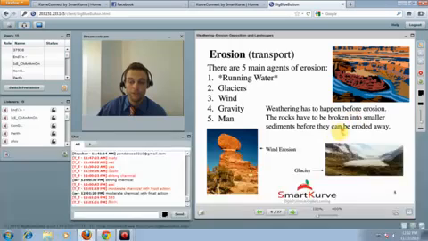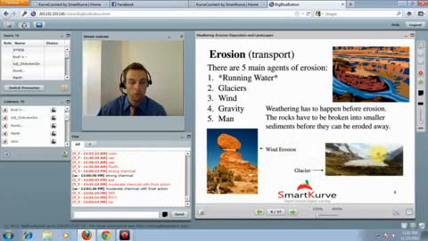For example, the glacier will transport boulders the size of a car 100 kilometers in the course of its lifetime, of its movement, and I'll explain it in a little bit. But just because we're talking about breaking down, you could talk about breaking down a mountain into gigantic boulders and how those boulders move